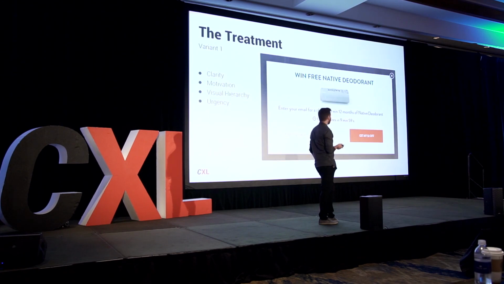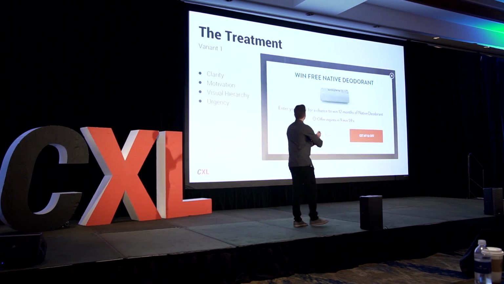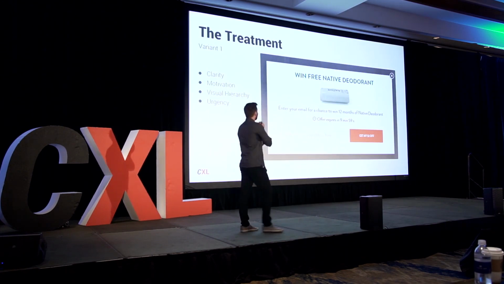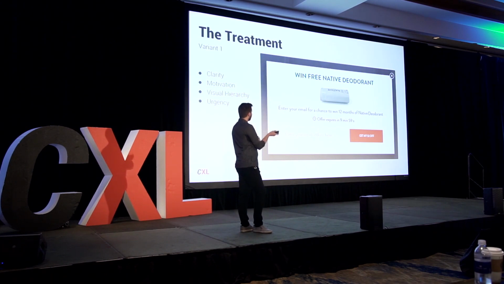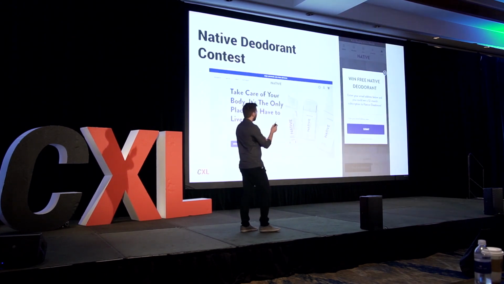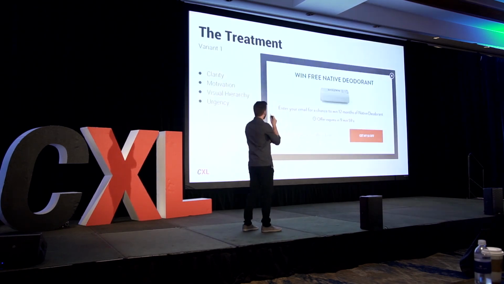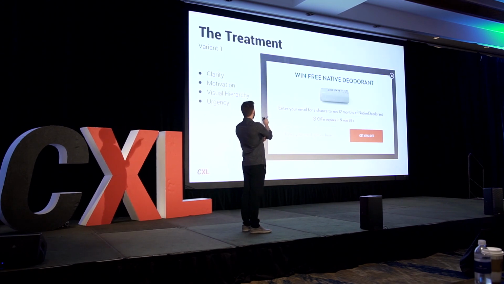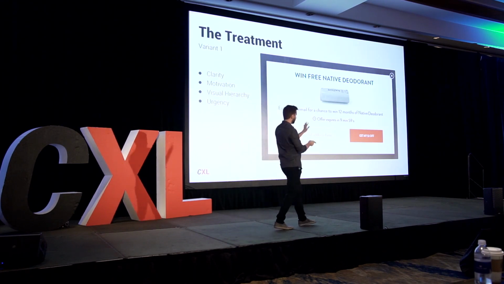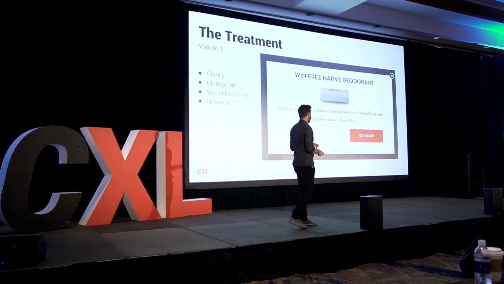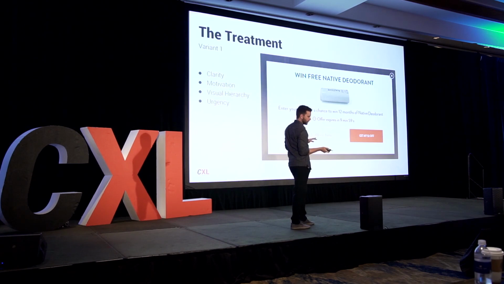This is what we decided to do. So variant 1, similar approach. We improved the clarity. The original wording sort of implied that maybe you're just winning a subscription to the newsletter or something. It was a bit of a clarity issue there. So we wanted to make it super clear you're winning 12 months of the native deodorant itself. We decided to increase the visual hierarchy. Another mistake on this slide, just ignore that $3 off thing there. It actually did say, what does it say on this one?